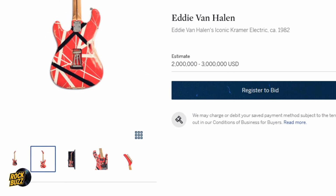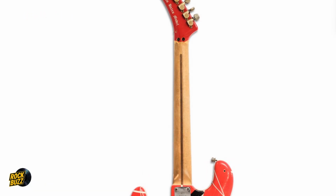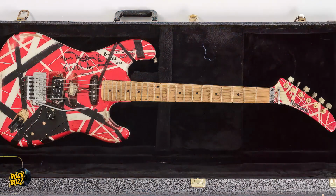The guitar does come with its original case and full documentation of its history. It includes photos of Eddie using it on stage during the Hide Your Sheep tour. The finish is the familiar red, white, and black pattern, complete with road wear from months of heavy touring. The inscription to his guitar tech is still on the body, a permanent reminder of its working life in the